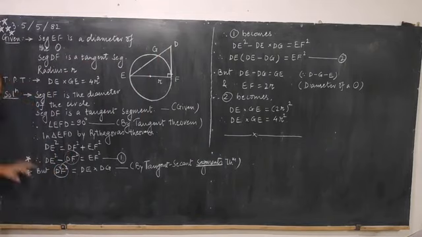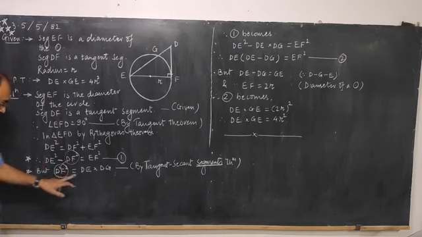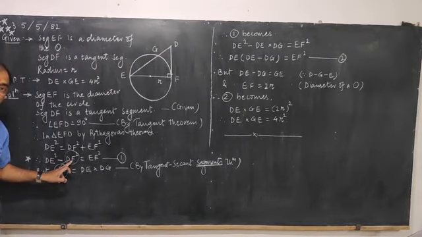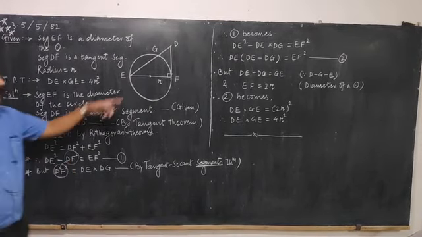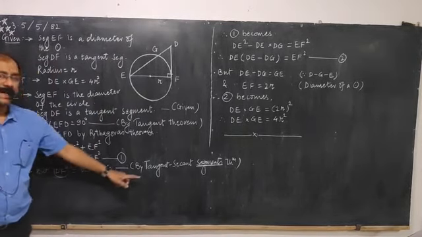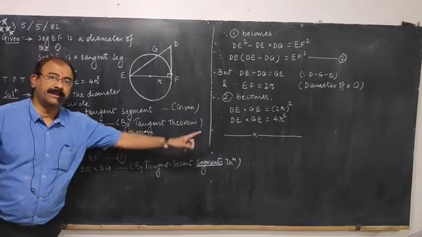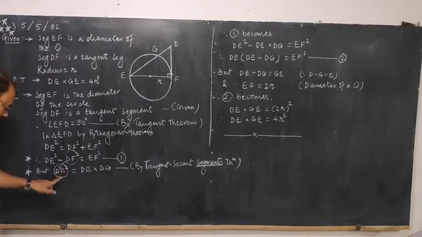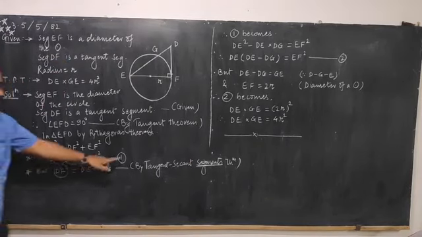So what do we do? We put the value of DF square, which we get from the theorem, here. Is that very clear? This is the most important step of this problem. The value of this DF square that we get from the tangent secant segment theorem, we will put here. So equation 1 becomes